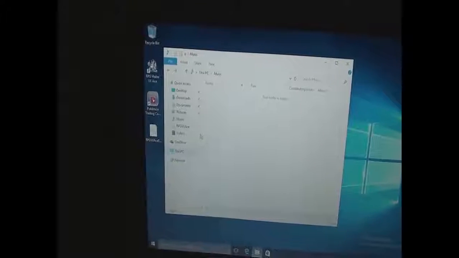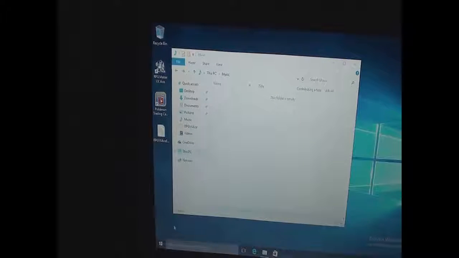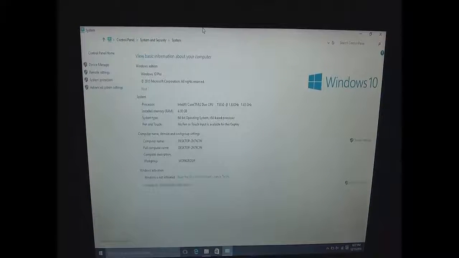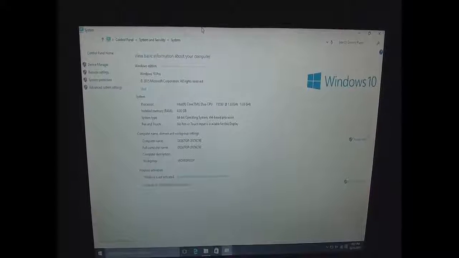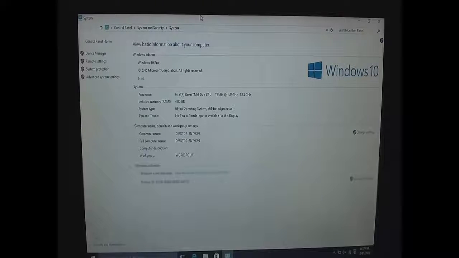Now, I'm going to see the specs on this thing. Okay, here we go. So, it's got 4 gigabytes of RAM, which is pretty good. It's not too shabby. 64-bit operating system, so that's really good. It's got a 1.83 gigahertz processor,